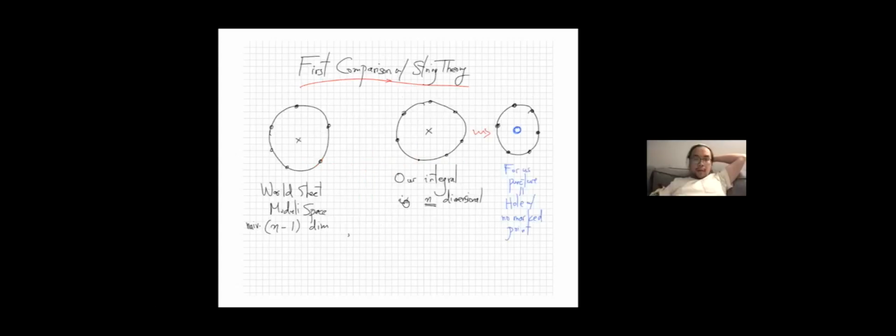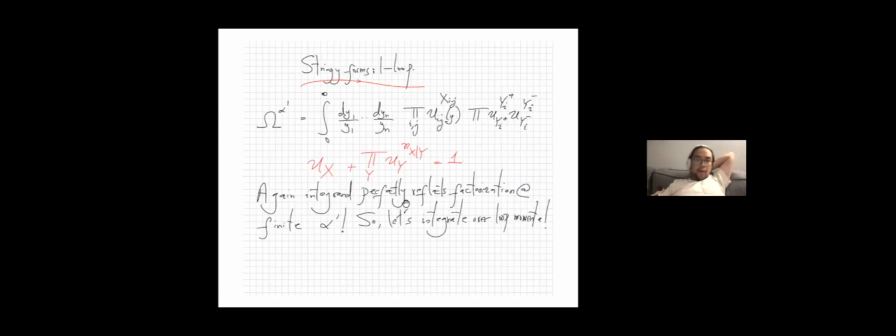Sorry, Nima. By factorization, you mean also that it gives you the full limit of tree? Yes, I mean factorization in the general sense. Every limit, forward, pinching, everything. Right. At finite alpha prime, this will give you the chi string amplitude you just talked about, right? Exactly. N plus 2 point. All the stuff you'd expect from the surface, you would get the thing factorizing.